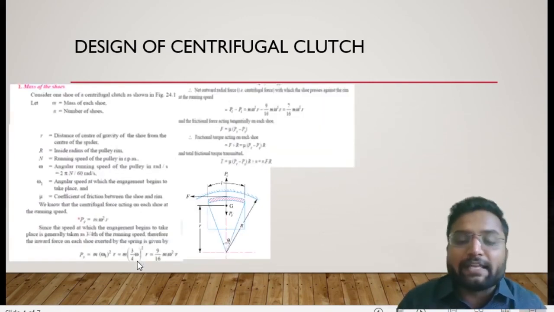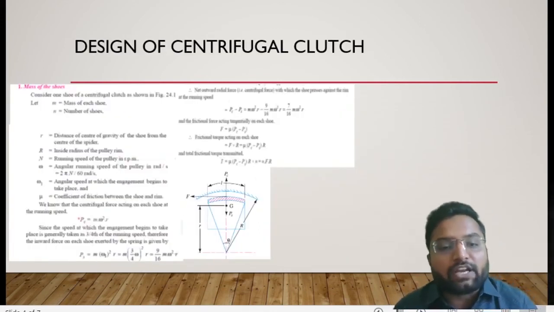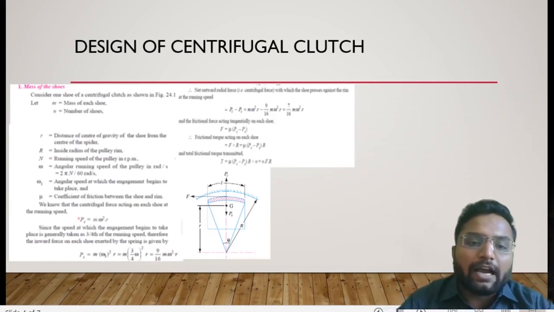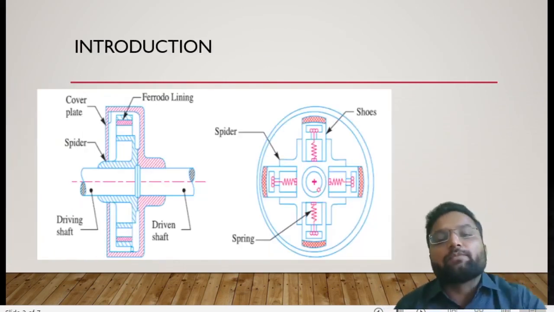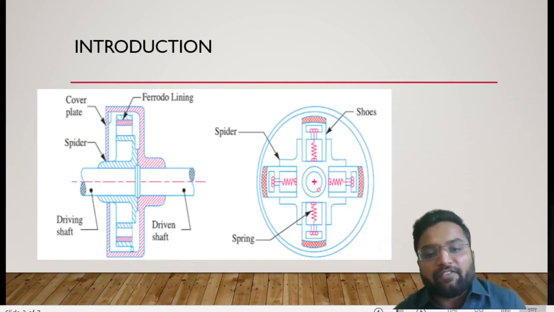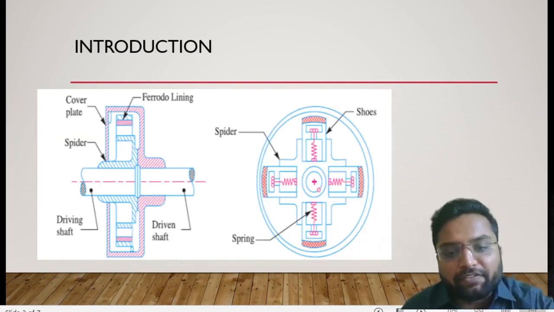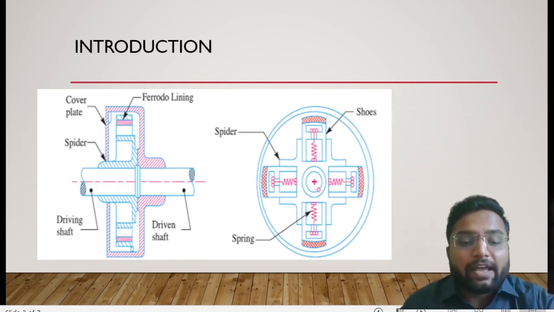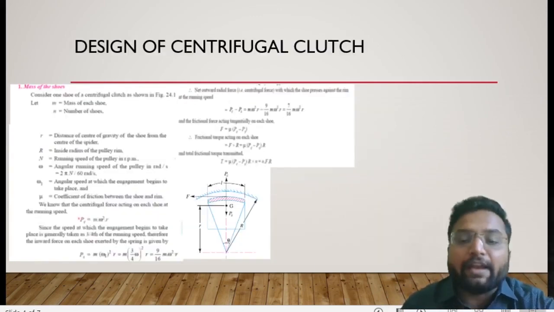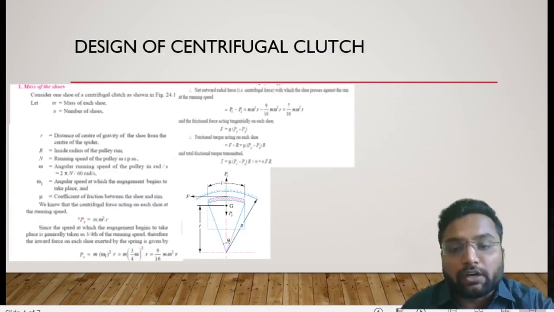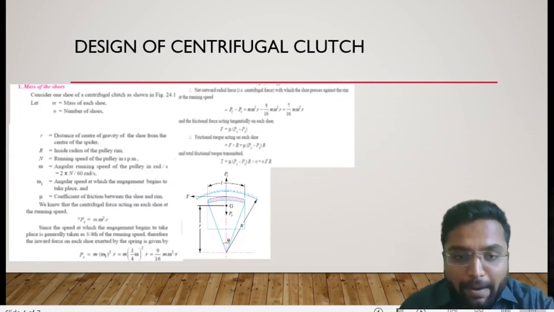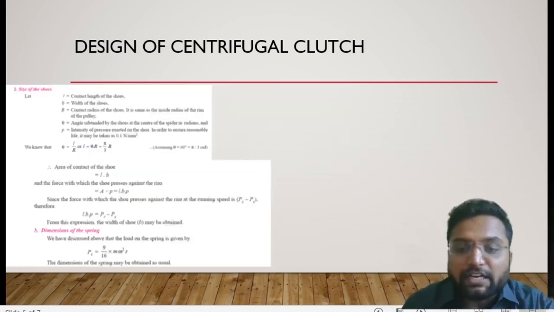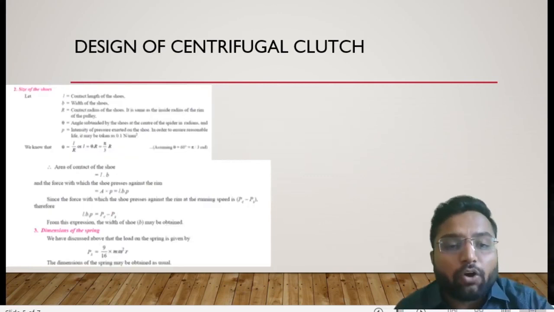I hope in today's session we have discussed the centrifugal clutch and design of the centrifugal clutch. I hope you understand each and every factor regarding this centrifugal clutch. Let's recap. In a centrifugal clutch, a driving line is connected with our spring-loaded mass and the driven line with our outer drum. With the help of this inertia force, the driving line is connected to the driven line, and then they create pressure on the outside rim. Clear? Depending on that, we can find the mass and the frictional torque on our clutch, and ultimately we can have the size of our clutch depending on that pressure.